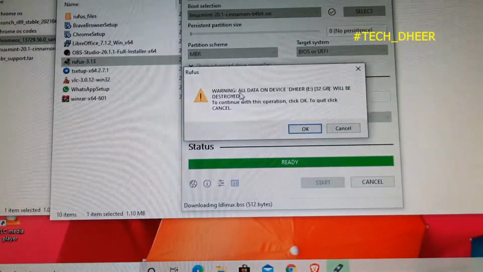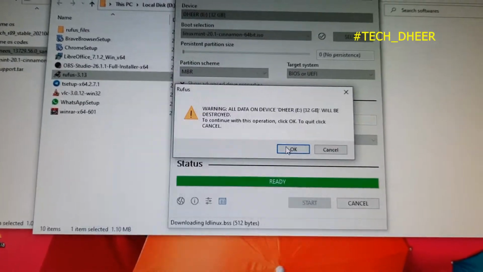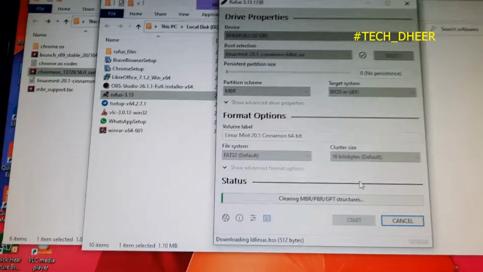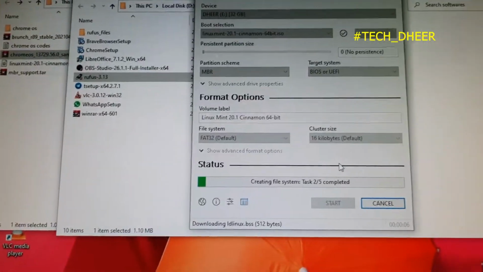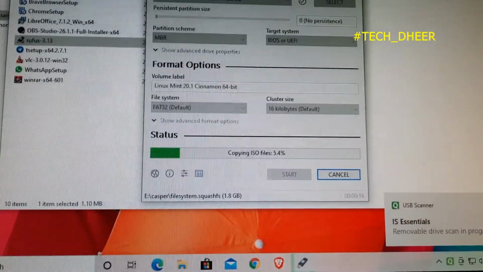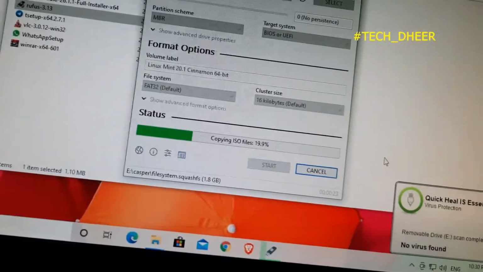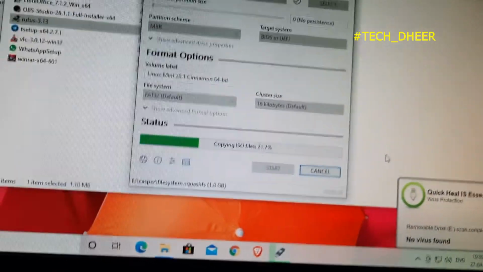Here it is giving a warning that all the data will be gone. We have just formatted it, so there is no data in it. So let's continue. After this process, I'll show you how to make the drive non-bootable again, so you can keep using the drive and it won't go to waste. I have installed many operating systems like Chrome OS, Chromium OS, and others like Ubuntu, Linux Mint, Prime OS, Bliss OS, etc.